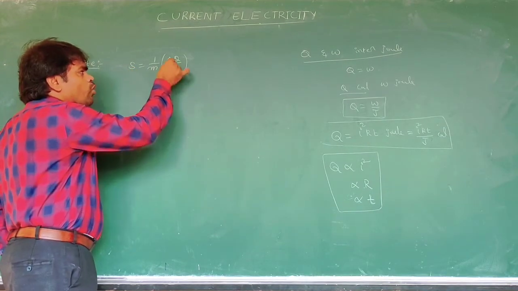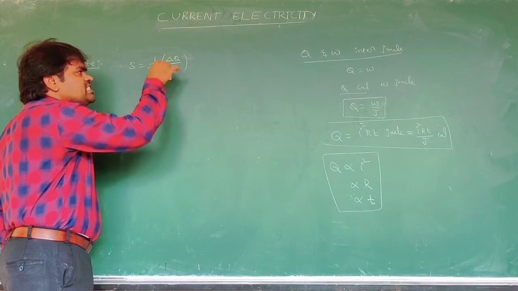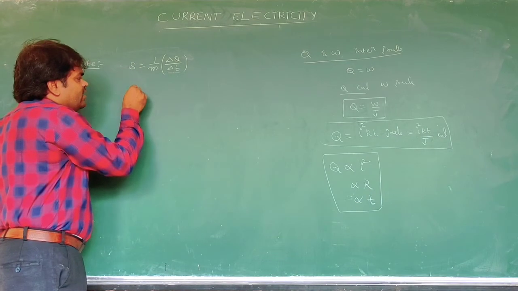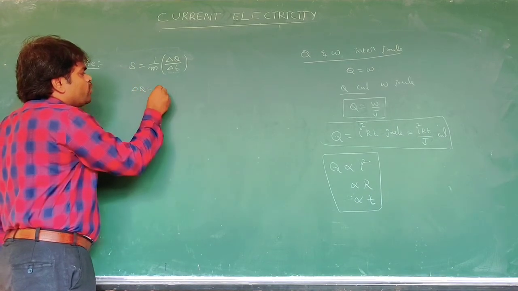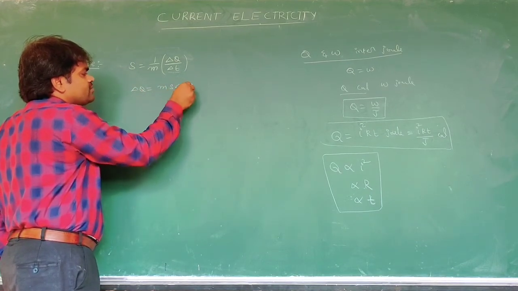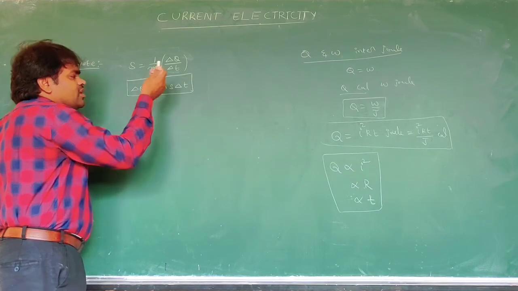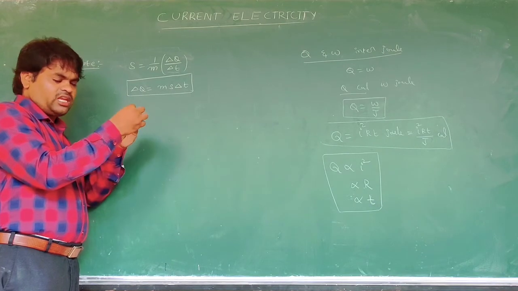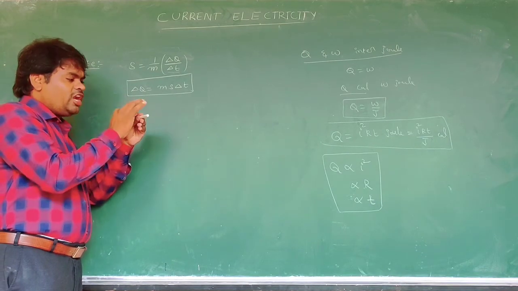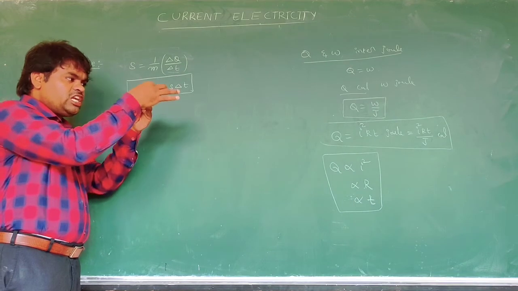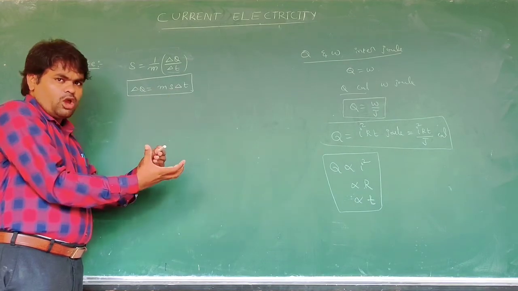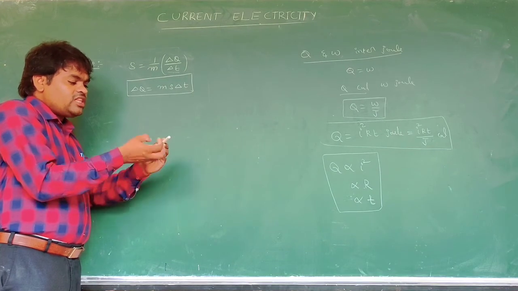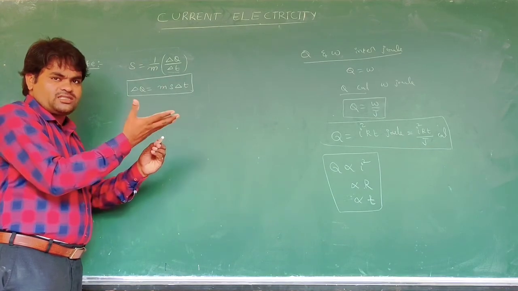Here we are required the amount of heat to raise the temperature. At that time we can use this formula: delta Q is equal to m s delta T. When current flows through a heater, electrical appliance or a conductor that is dipped in water or any liquid or any substance, then the temperature of the substance rises.